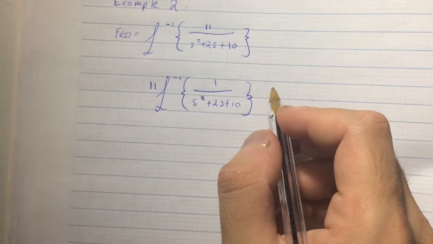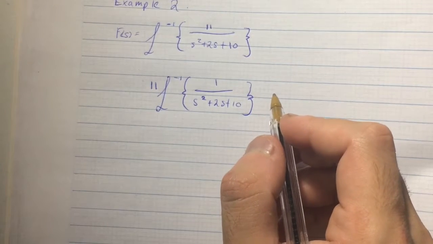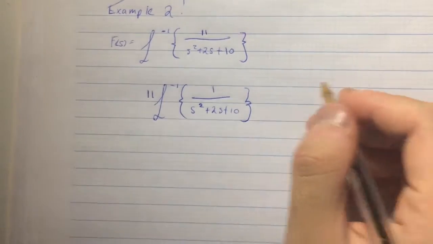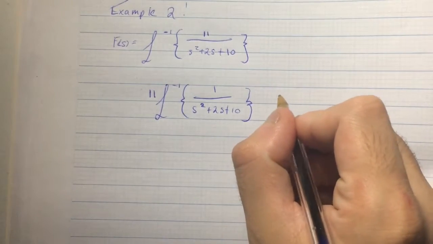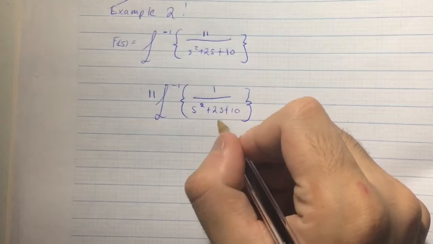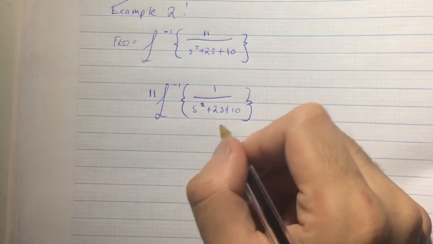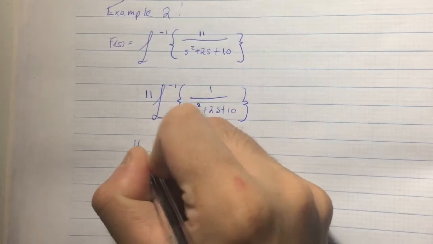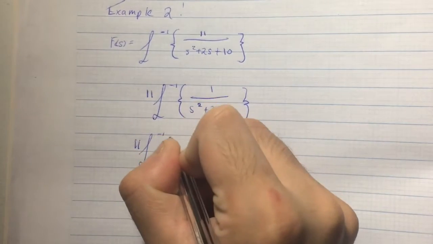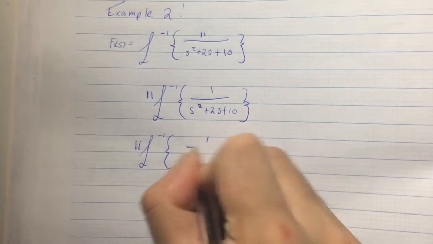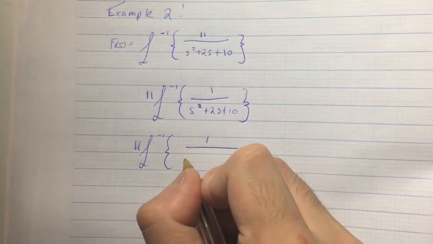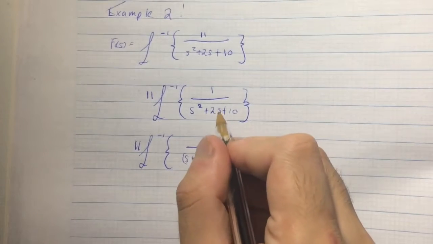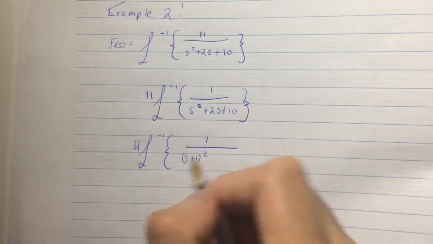One thing I didn't explain is that there are so many tricks you need to know, and one of them to solving inverse Laplace transforms is completing the square. So I'm going to take this middle term here, 2, divide it by 2, so that's 1, square it, 1. So that's 11 multiplied by the inverse Laplace transform of 1 over s plus 1 squared,